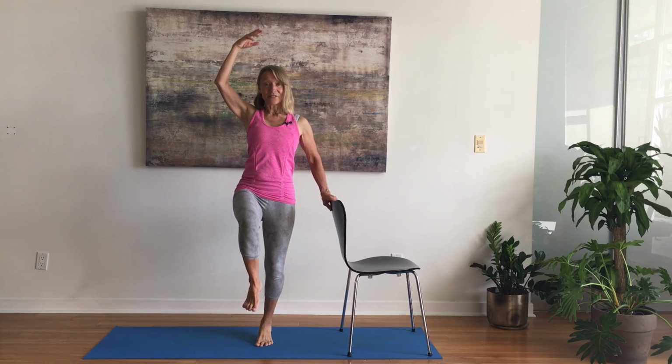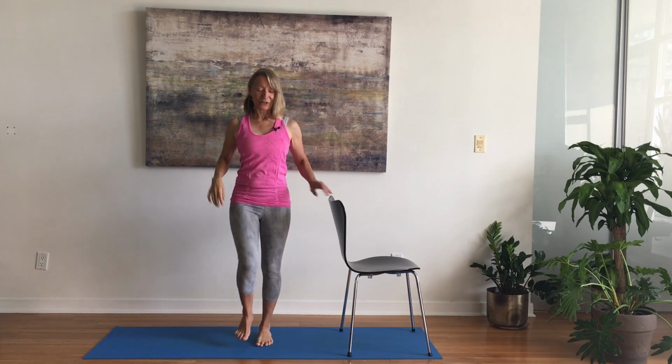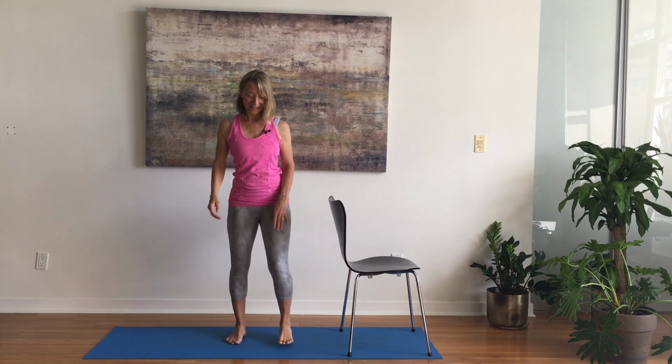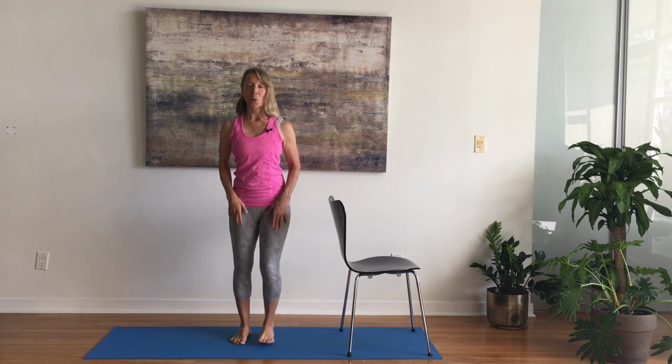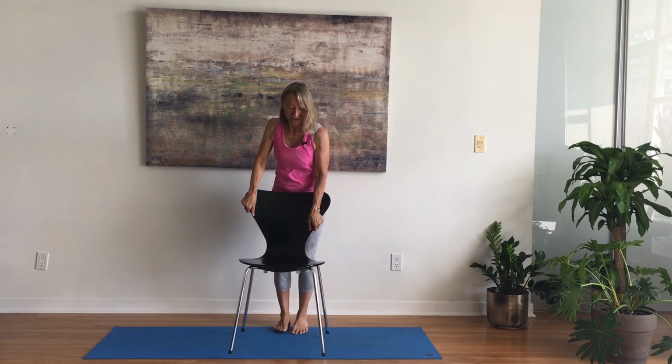It does feel very different. And release, good, and step it out. All right, so that was fun. One-legged heel bounces. Finally, for today's short but effective hip strengthening session, let's take our chair,